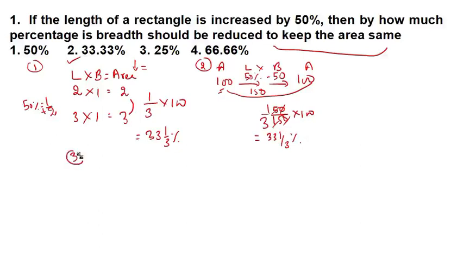Just look at it. Area is equal to length into breadth. Fine. And it is written that the area is constant. Now just think, if the area has to be constant, but in the question it is mentioned that the length got increased, if it is increasing, then the other has to be decreased. Then only can the area be constant. If length and breadth both get increased, then the area cannot be constant.